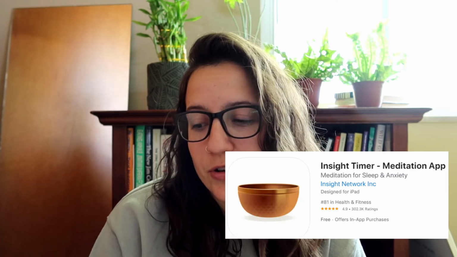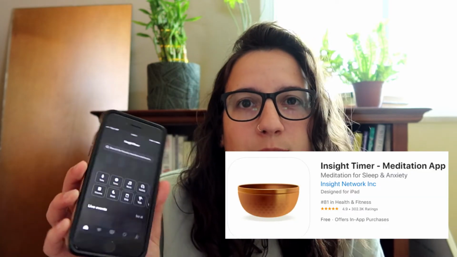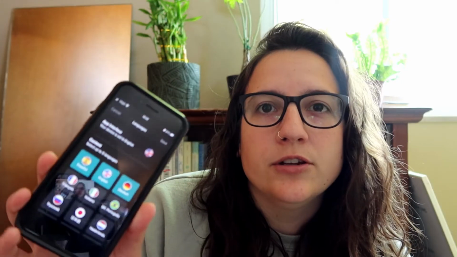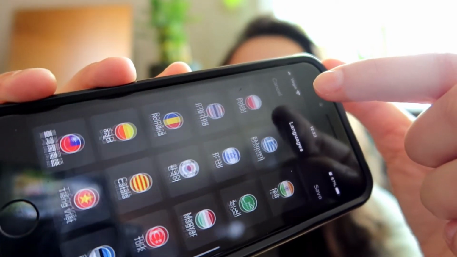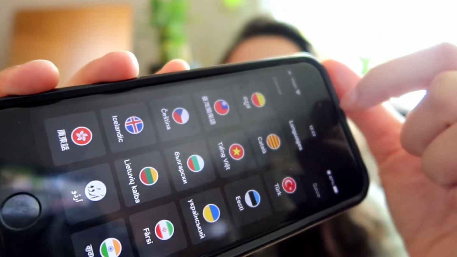The next section is podcasts or podcast-like things, because this is not actually a podcast that I'm going to recommend, but it is the Insight Timer app. If you're not familiar, Insight Timer is a meditation, spirituality app. I use it for guided meditation typically, but I discovered that you can add up to 5 languages on this app. If you're in your settings, you can actually add up to 5 languages, and they have quite a number of languages.